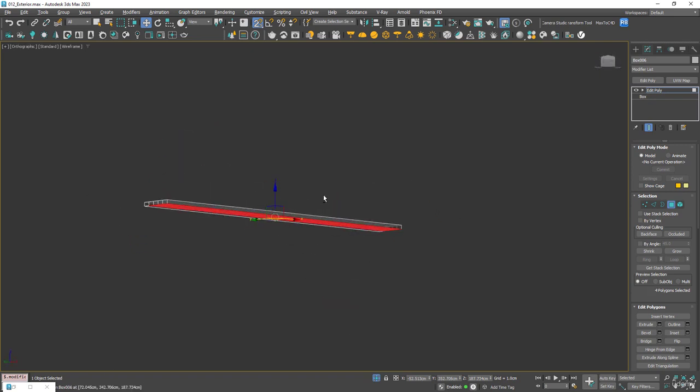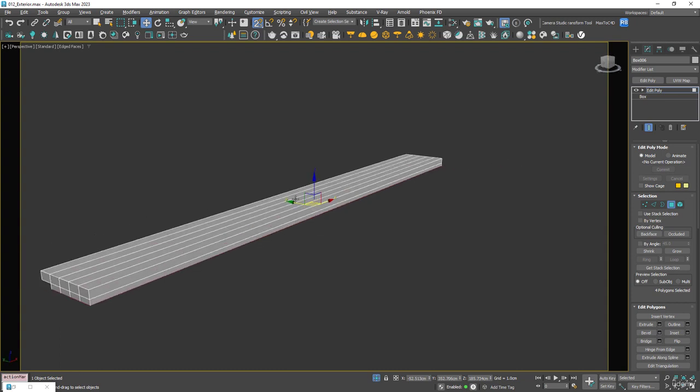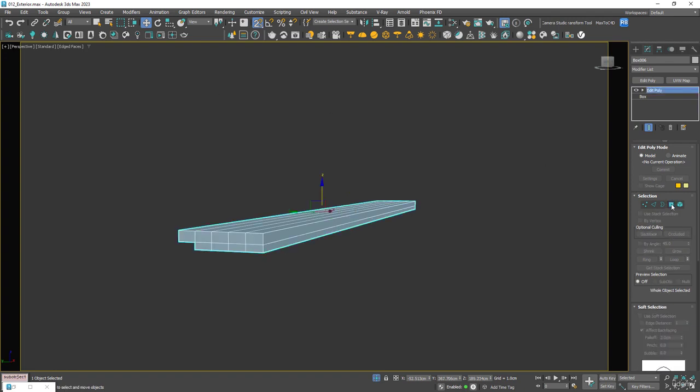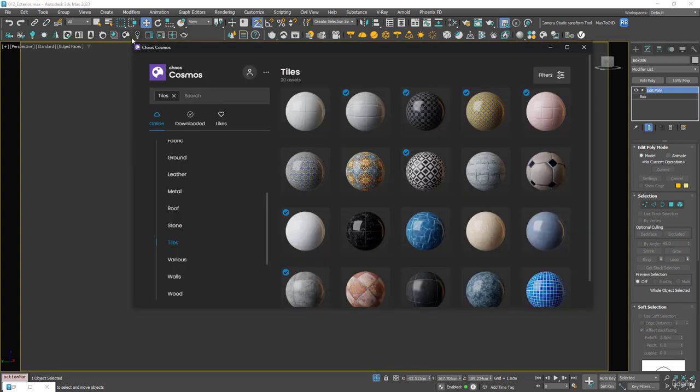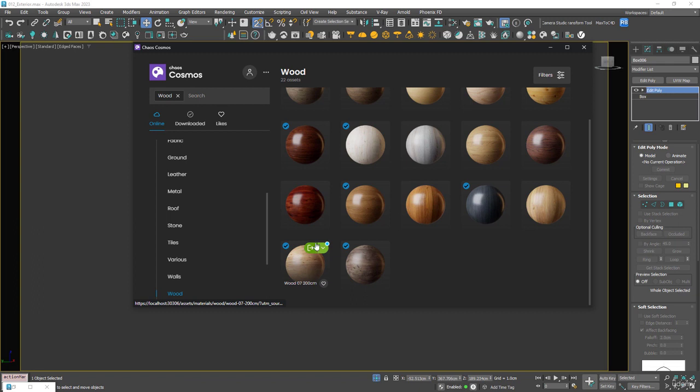So now I only have these bottom ones selected, and I'm going to go to extrude, and I'm just going to extrude that by 2 centimeters and hit OK. P and Z, perspective and zoom, and there we can see our shelf. So let's add a material to this. I'm going to turn off polygon mode, open up Cosmos, and let's go to wood,